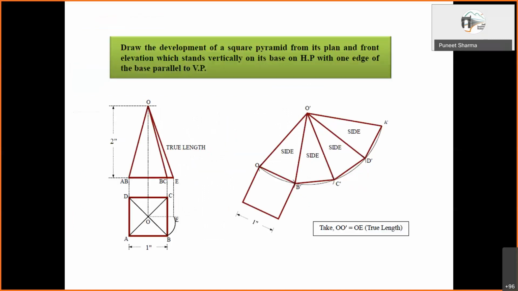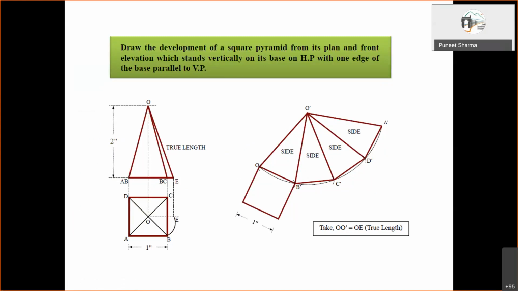So here the case of a pyramid is shown. In particular, this slide is just to remind us that in the development we will need all the edges with their true lengths.